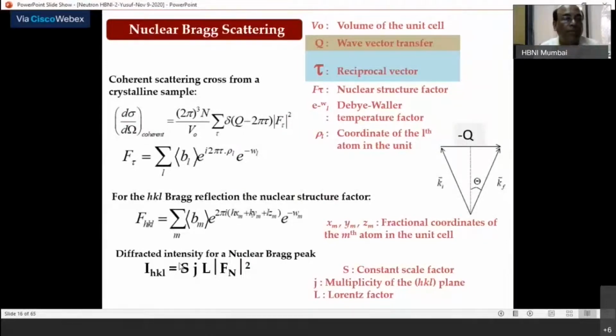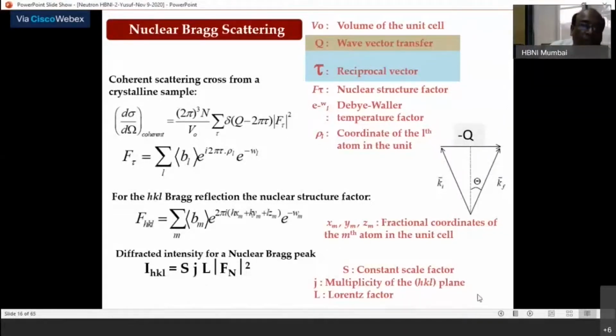You can also imagine you are changing the sample. I am doing today's experiment for the same compound with, let us say, 1 gram. Tomorrow I do it with 3 grams. So the number of scatterers put in the beam is different, and that will all lead to a different scale factor. Okay. Now, J, what is the other one?